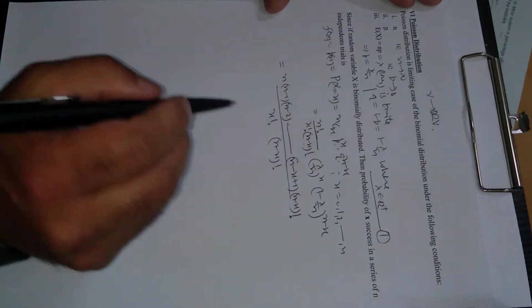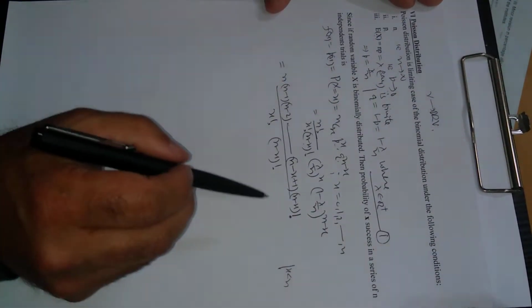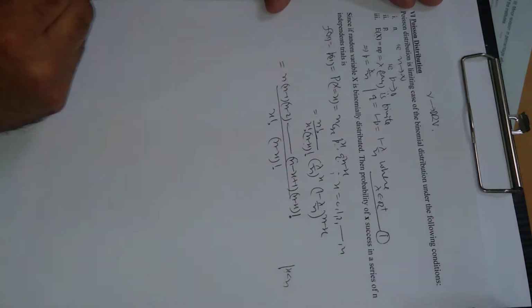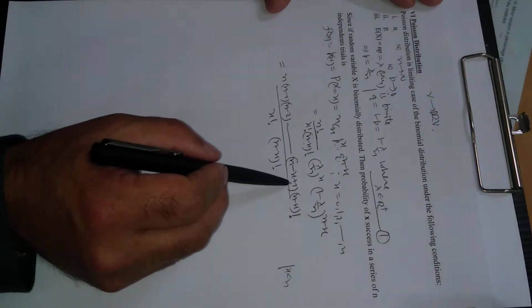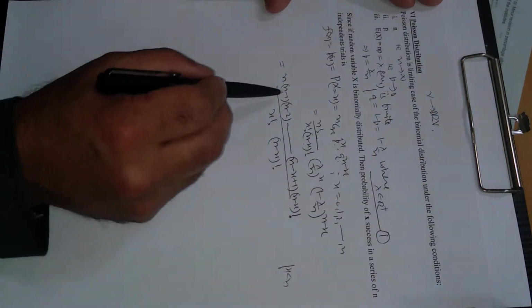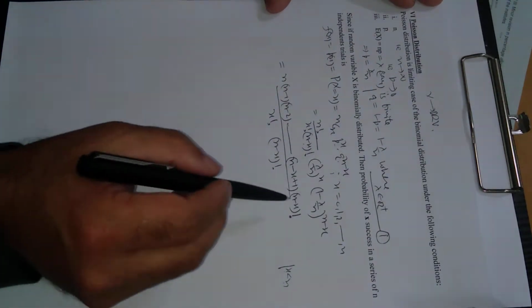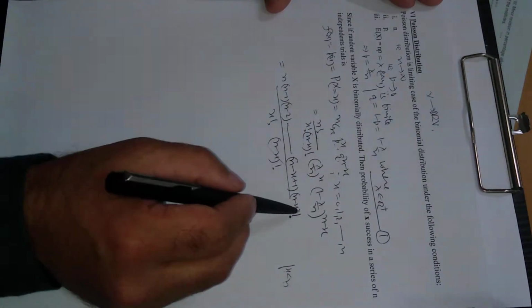Now why is x coming there? Because x is less than n, because n is the total number of trials, and x is the number out of those which are successes. So x will lie somewhere between n and 1, because if you open n, this will be up to n, and this will be up to 1. So I am opening this up to here, so actually these two cancel each other now.